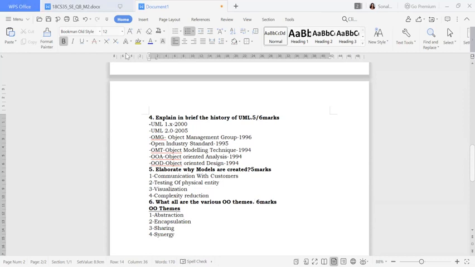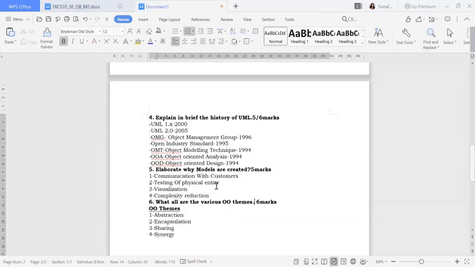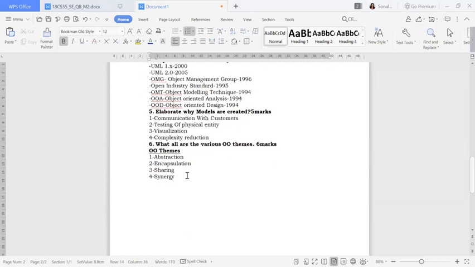Now moving towards the next question, the seventh one. Describe the concept of object-oriented modeling with example. I'll just copy paste it over here. As usual, I'll change it. So what is the concept of object-oriented modeling with example?